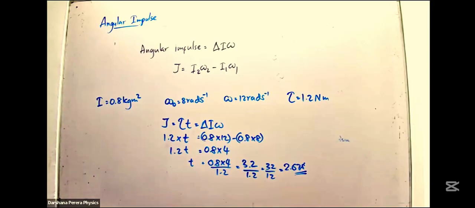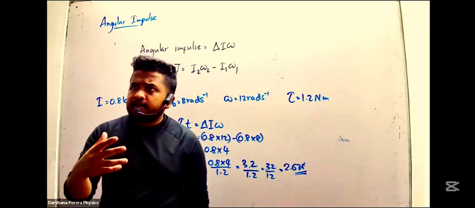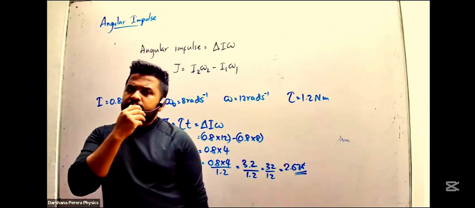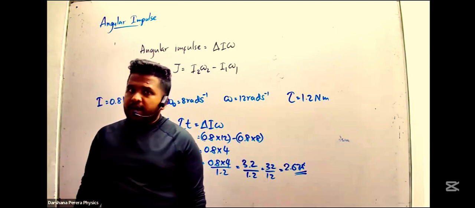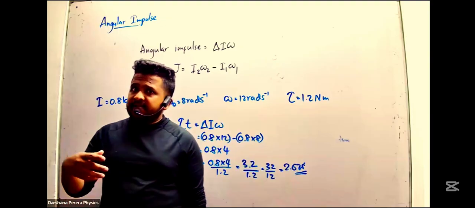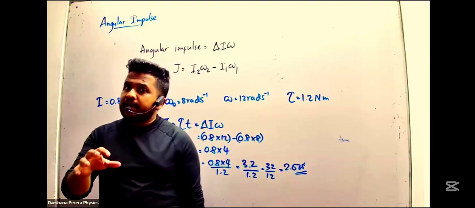Then write down, what if there is an external resistive torque when we rotate a fan or a disc? When there is an external resistive torque, the angular